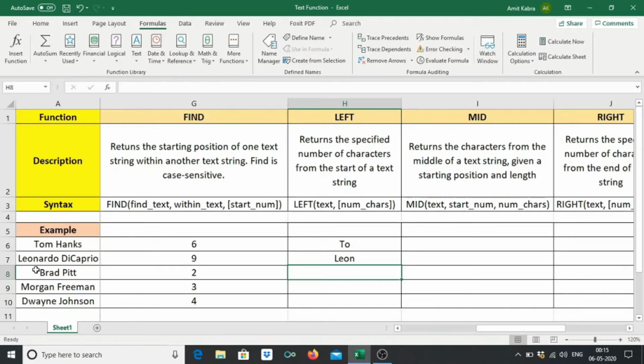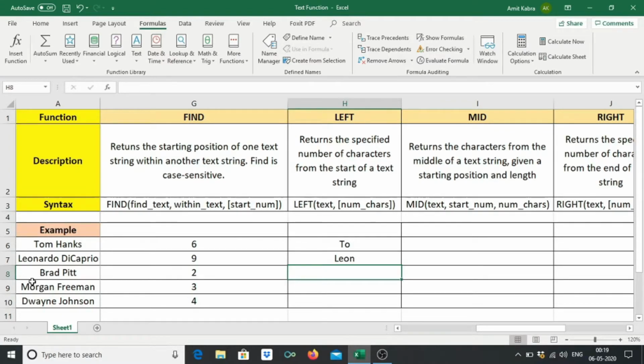It returns the specified number of characters from the start of a text string. Now, if we want to return only the names, for example, Tom, Leonardo, Brad, Morgan, Dwayne, and so on. Now, the problem is the number of letters is not fixed. For example, in Tom there are 3 letters, in Leonardo there are 8 letters, in Brad there are 4 letters, and so on. So, how can we apply the LEFT function?